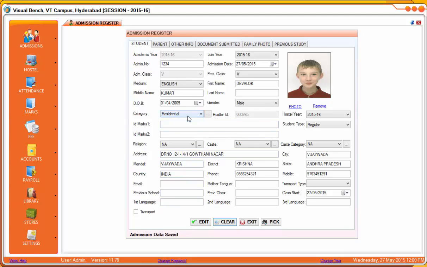Admission data saved. This is the residential student holding the hostel ID. This means the residential ID. This is the admission number for the school. This is the date of admission. The present class is 5th and the admitted class is also 5th. The name. These are the basic details of the student. Let's move into the